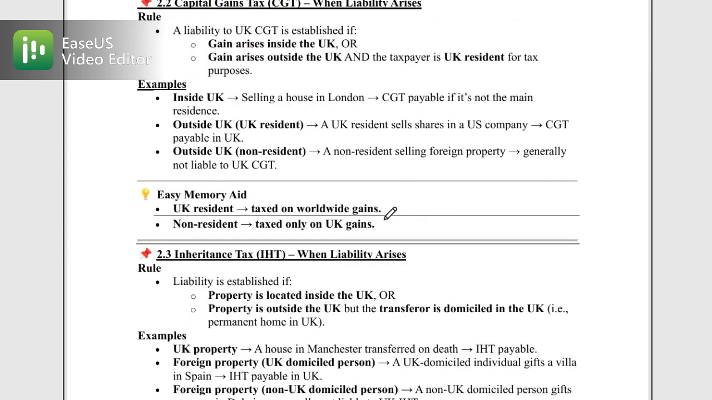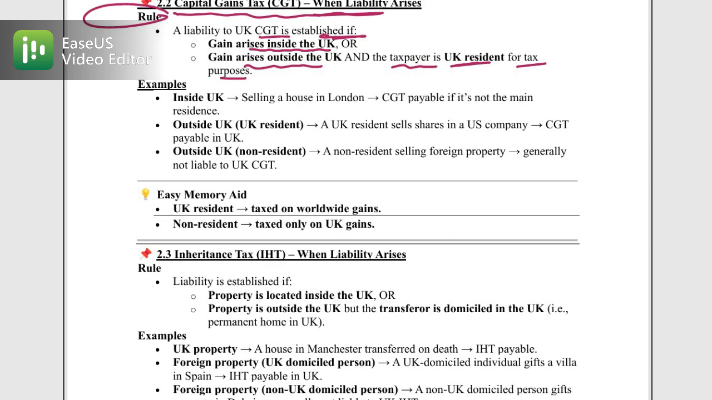Now the second one is CGT, capital gains tax. When does liability arise? Here are the rules. Number one, a liability to UK CGT is established when a gain arises inside the UK, or a gain arises outside the UK and the taxpayer is UK resident for tax purposes. In simple words,